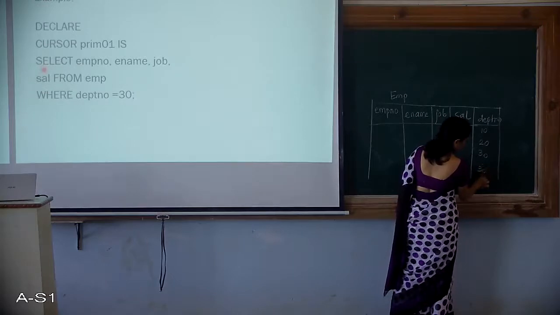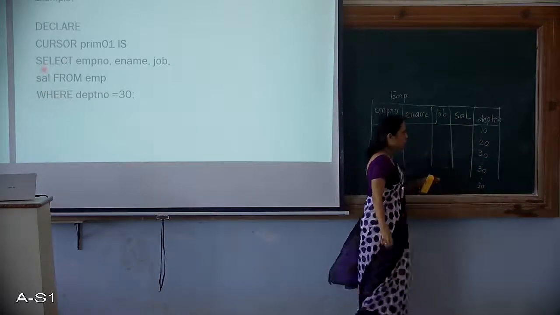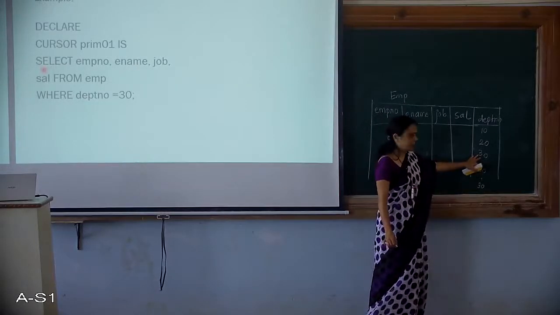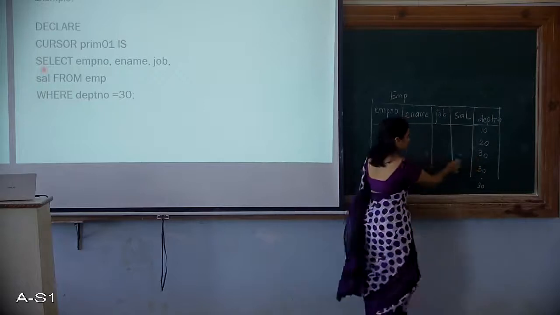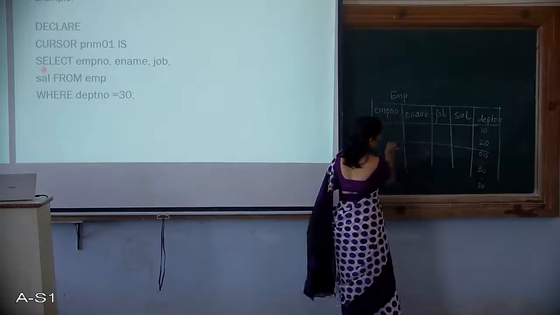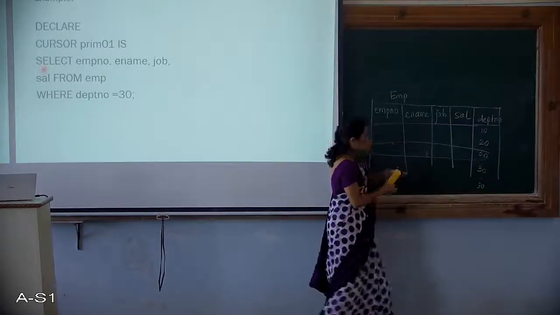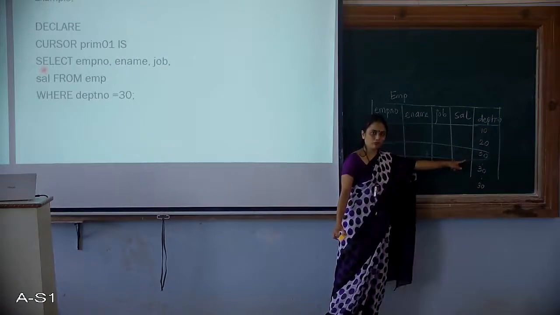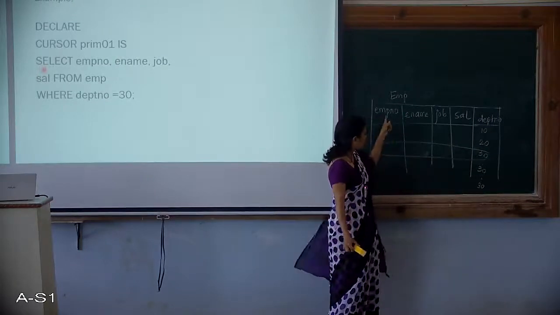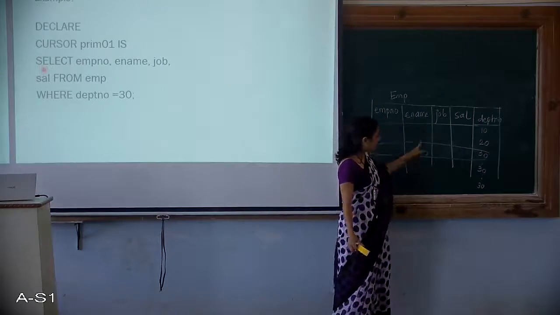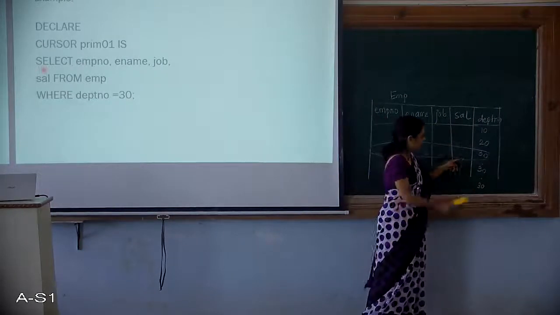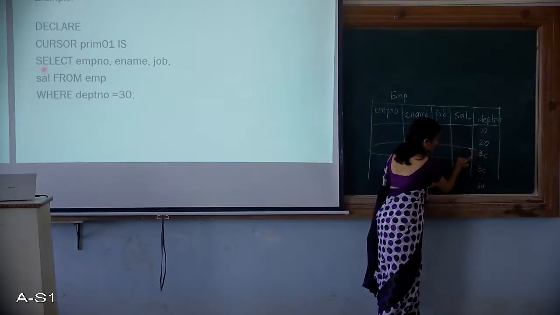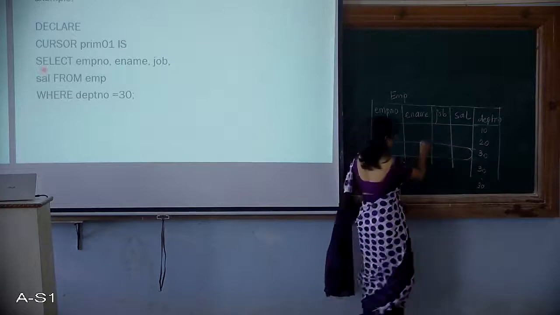So there are a couple of them, then there is 30, then 30, okay. So assume that there are 3 employees who have the department number as 30. So their data will be extracted regarding all this: the first employee who belongs to department number 30, his employee number, employee name, job and salary. Definitely department number is not being extracted, if you can just see. So this is not extracted, only so much will be extracted.